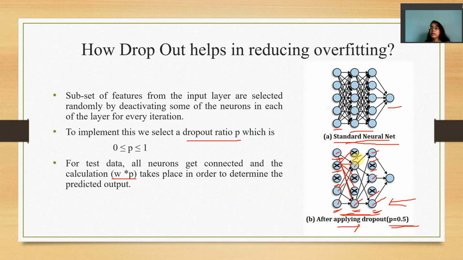In my practical applications, I will show you how this dropout works and what its importance is. I will show you that without using dropout, the predicted output will get somewhat distorted, and when I use dropout, you will be able to see that the predicted output is more nearly equal to the actual output.